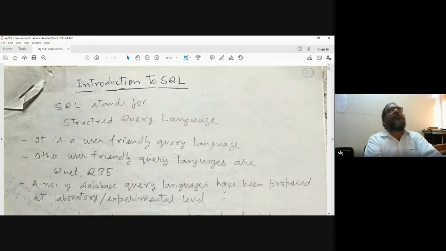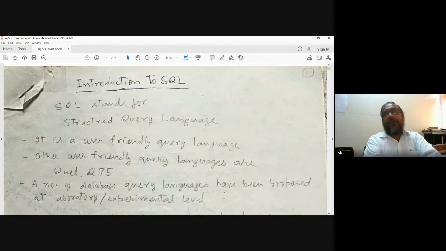In database, generally two types of languages are covered. One is called data definition language, that is DDL. The other language type we call DML, that is data manipulation language. DDL means data definition, or data description, means to define or to describe data, to define data in database.